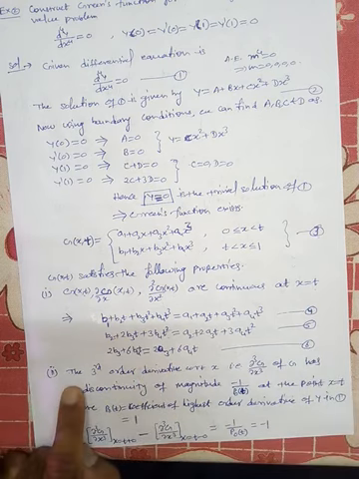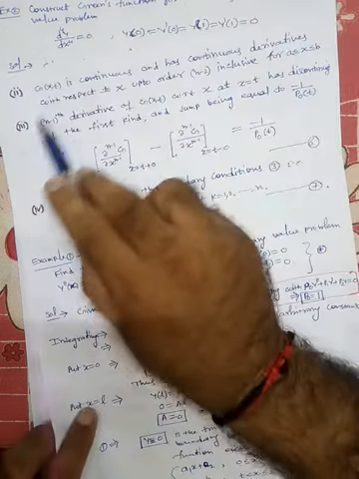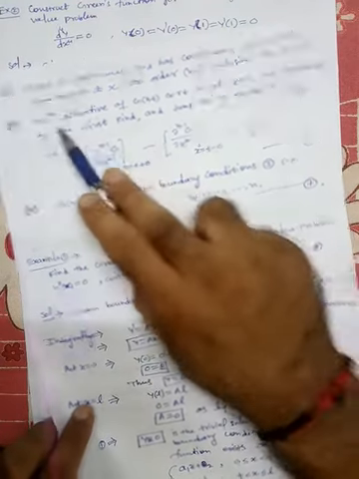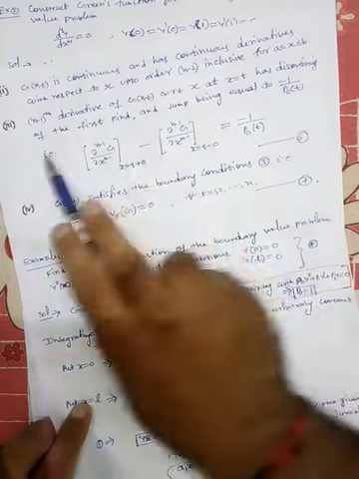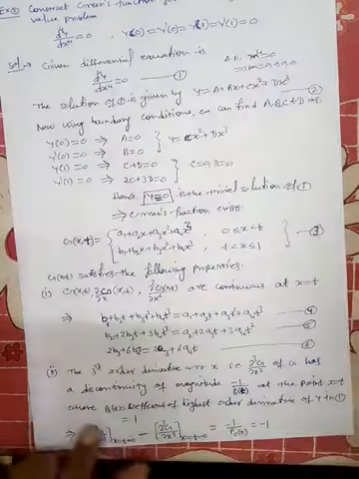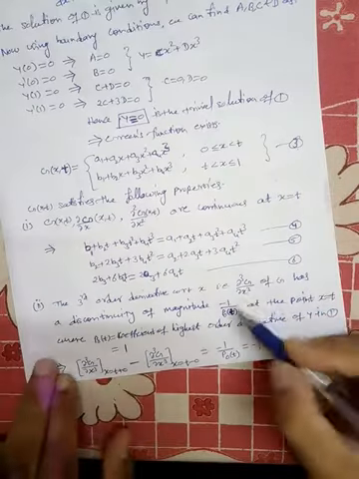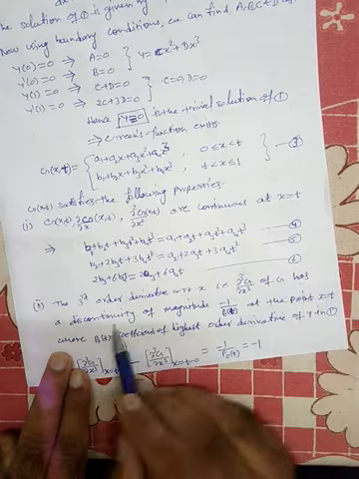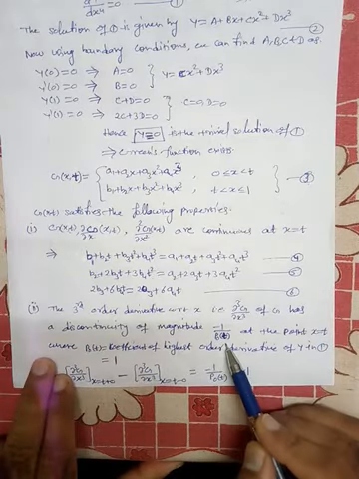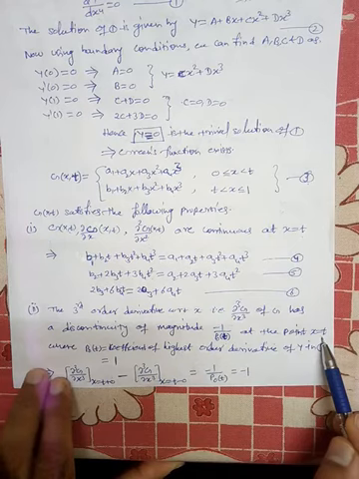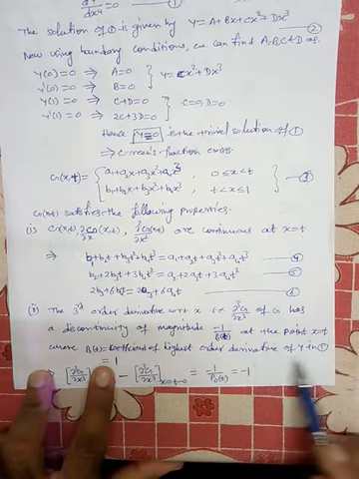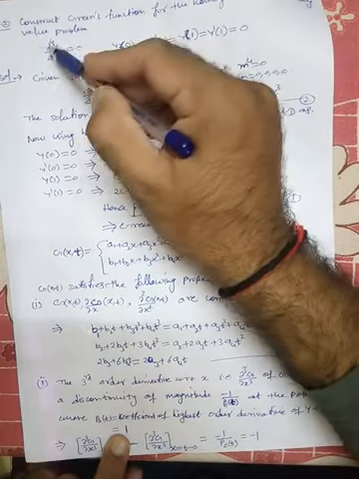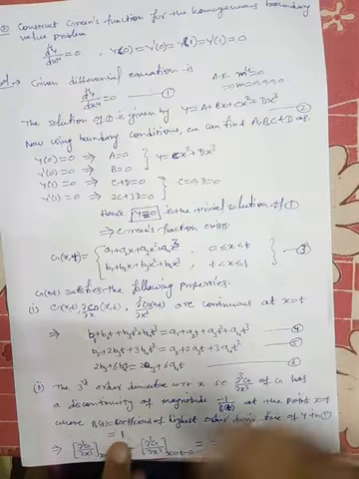Now the next condition will be this, the n minus 1th order derivative. That means n is 4, so the third order derivative should have a discontinuity of the first kind. So here the jump will be what? The third order derivative del 3g by del x3 of g has a discontinuity of magnitude minus 1 upon p naught t at the point x equal to t, where p naught is the coefficient of the highest order derivative in y. So according to this, p naught will be 1. The highest order derivative's coefficient is 1. So that's why p naught t is 1.